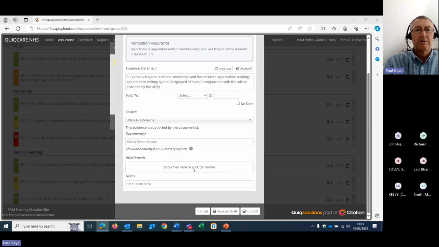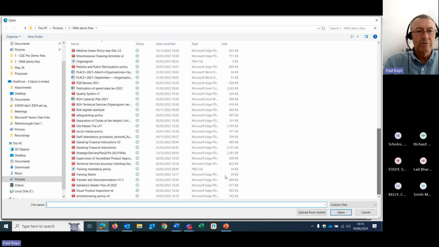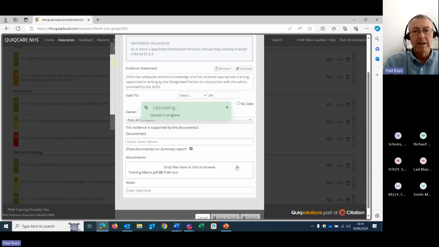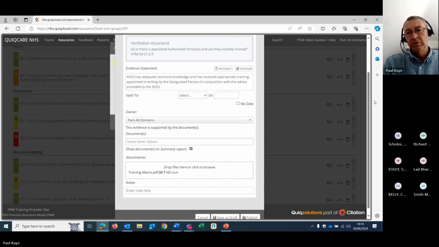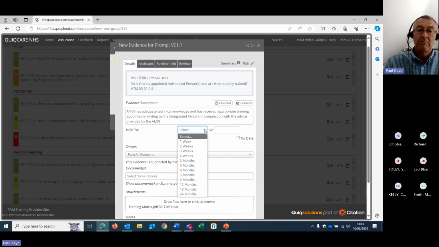You can attach the documentation. So you might have a copy of the training records or the appointment records or something like that in relation to this particular role. And you can also set a reminder. So although we might be compliant now, you might not be in 3 months, 6 months, whenever. And each question in the tool has a little prefix. So the A stands for annual. So you should review this at least annually. But obviously, if you're not compliant, then you can set a date to reflect the urgency.